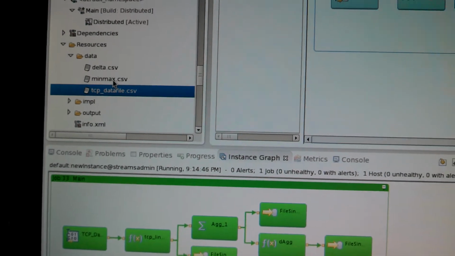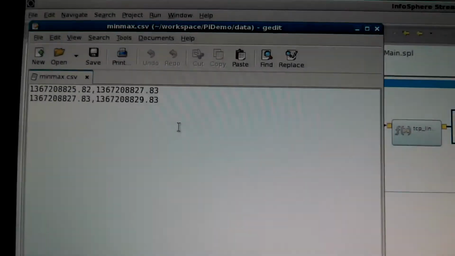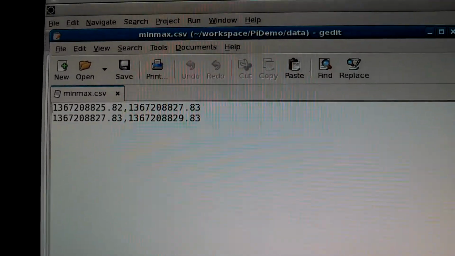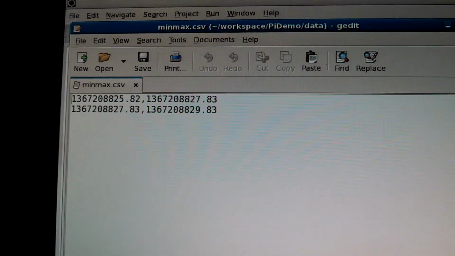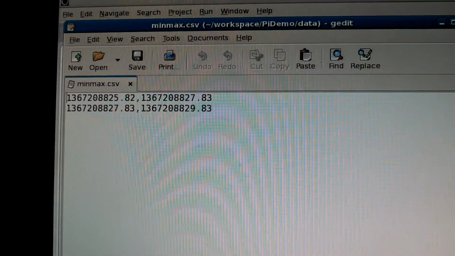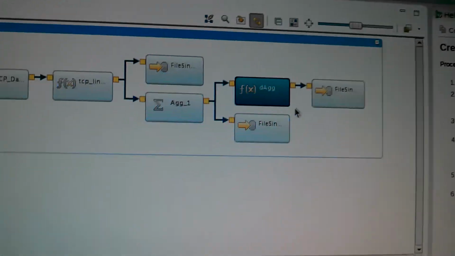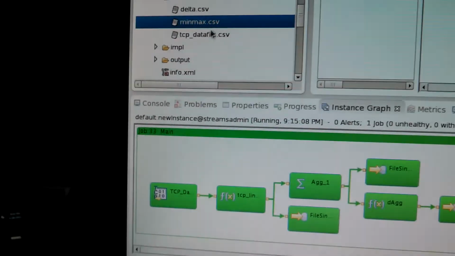And if you look at minmax.csv, what you'll see is that these are the minimum and maximum values of every two streams being sent through. So it's basically taking the start and the end and taking the minimum and the maximum of those. And then I run that through another one, which is this one here actually, which actually creates the